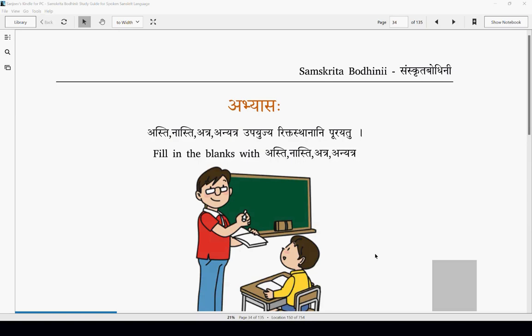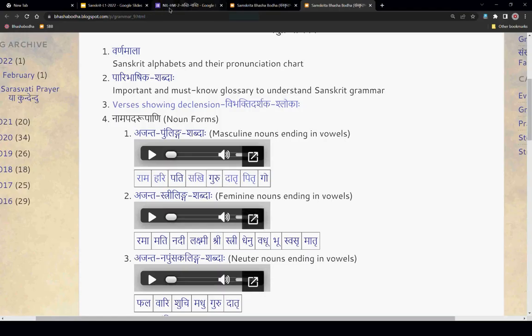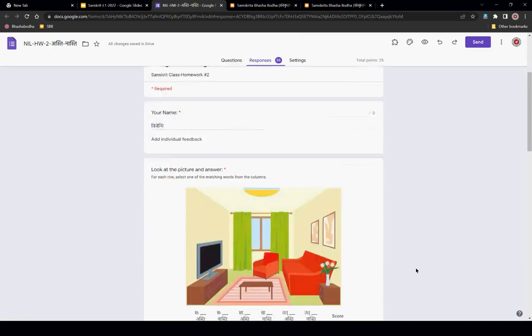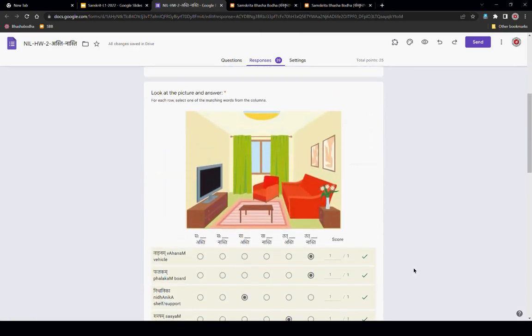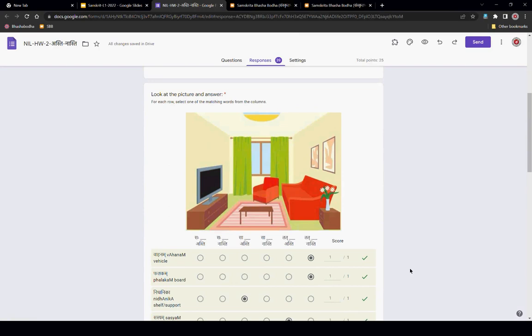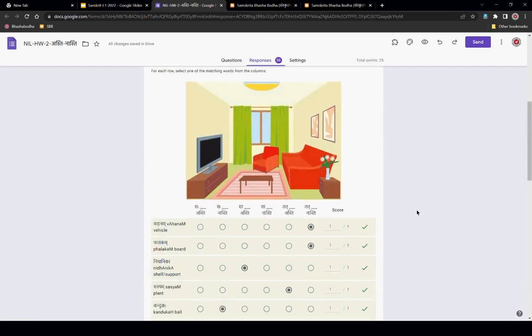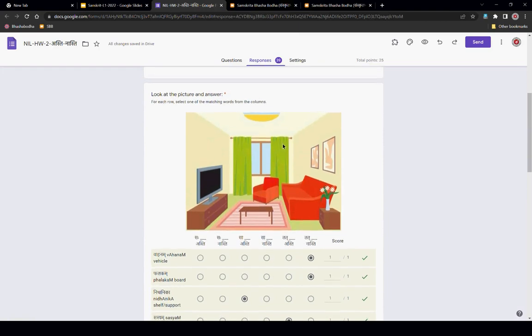Some of the answers I saw, like Deepa and Akasha, there's no right and wrong. You already know what it means. Like in this picture, Akasha, sky. Some people think it is outside the window, the blue thing, the Akasha. If you think there is a sky visible there, you can say, yes, Akasha hasti. Or if you think it's not there, Akasha nasti. Both are fine.